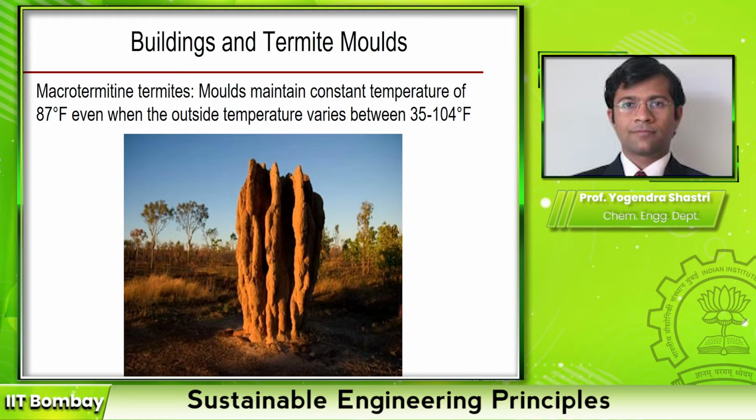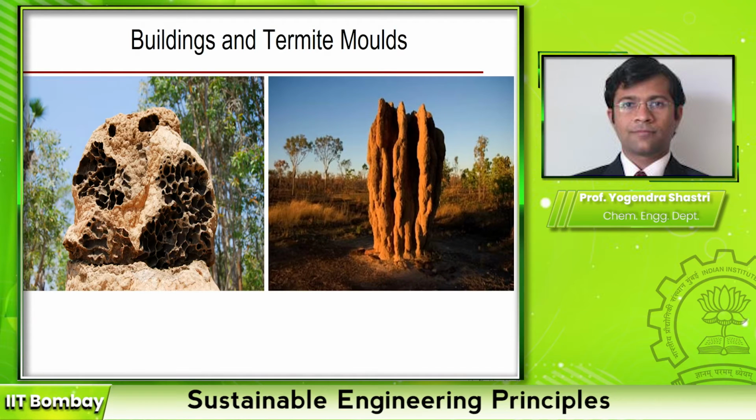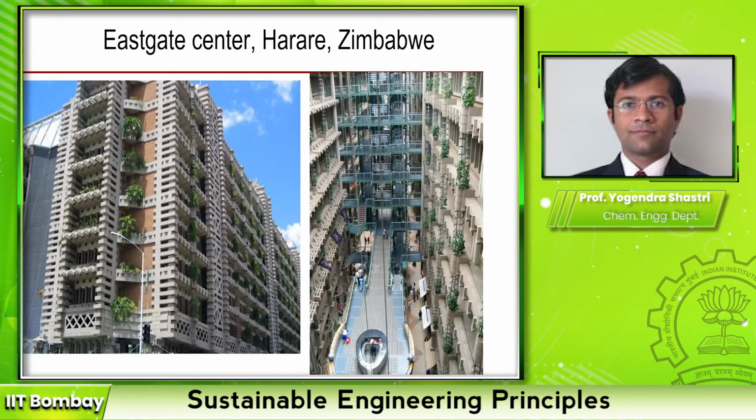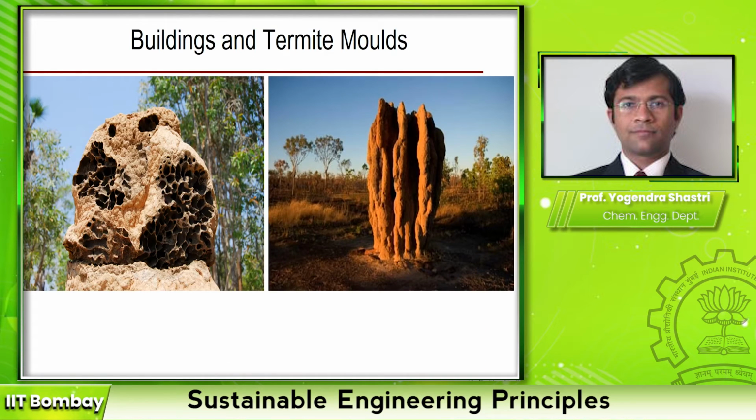So this example is actually being investigated quite extensively. And one of the ways you can do this is to first understand what is inside, and then develop CFD models to understand how the air flows and so on. What I've shown here in this picture is some internal structure of the termite mound. So this is the complete termite mound. This is a particular region where the surface is broken, and you can see the internal structure. The reason that this particular temperature can be maintained is because of the natural air flows.